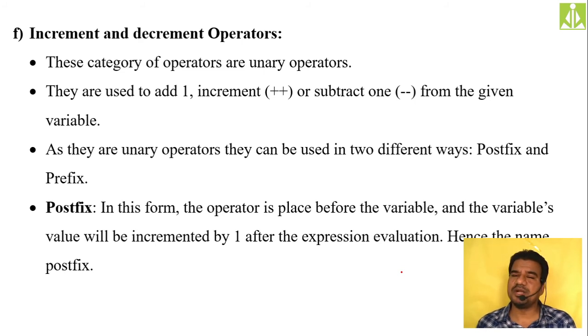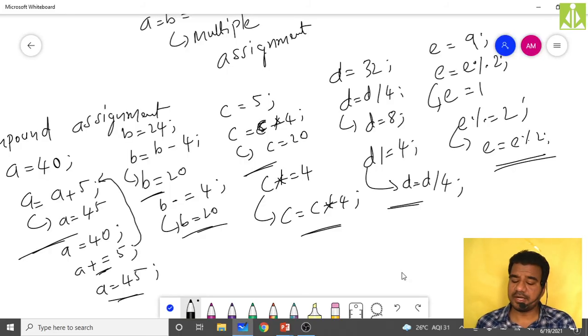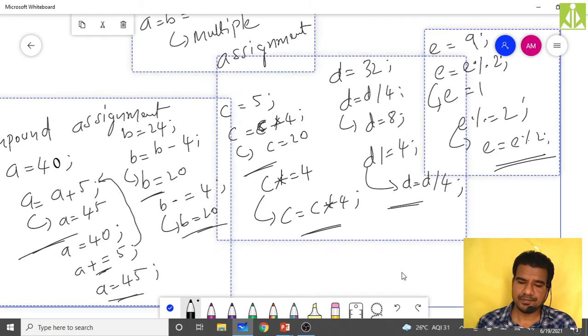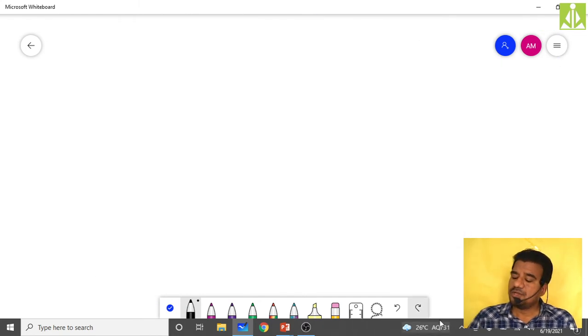So what operators do we use in order to perform these increment and decrement operations? I mean, what syntactical token do we use to indicate these operators, and how are they going to change the values in our program execution? That we need to discuss. Okay, for our understanding, I will write that over here.